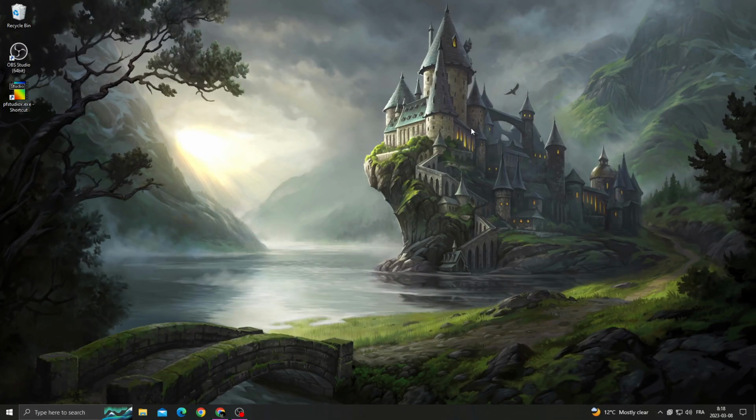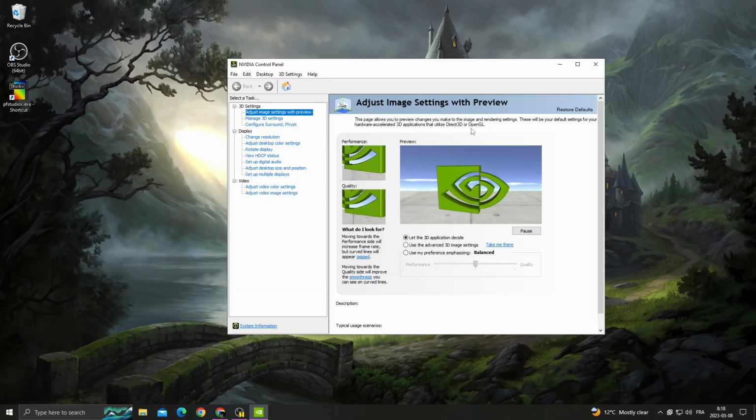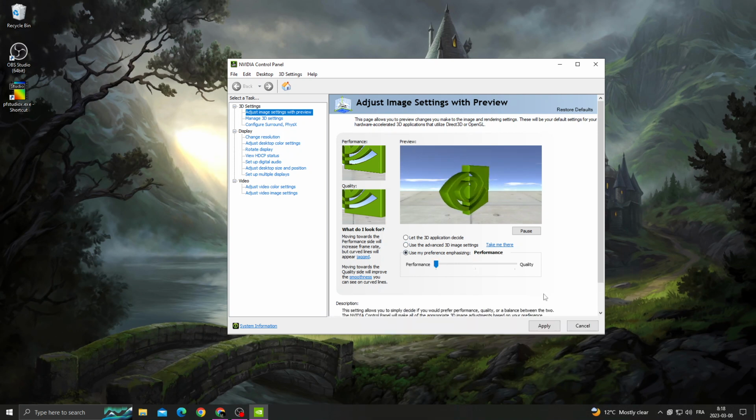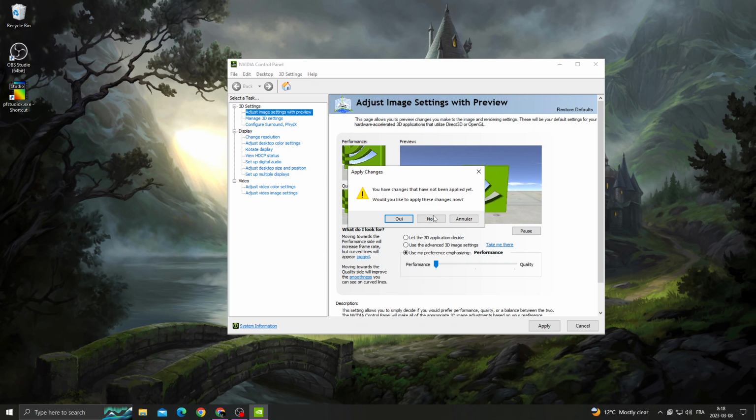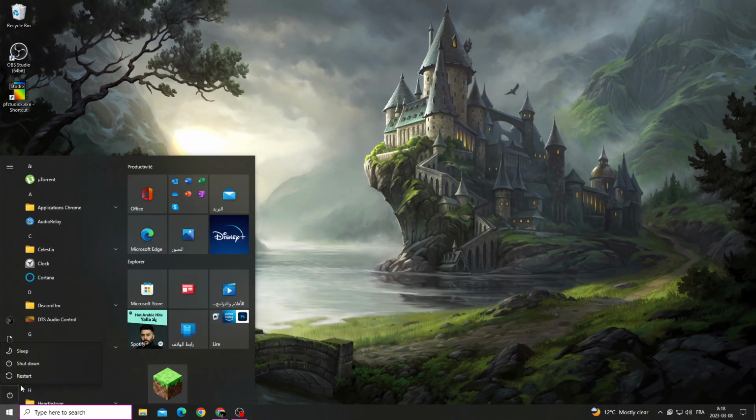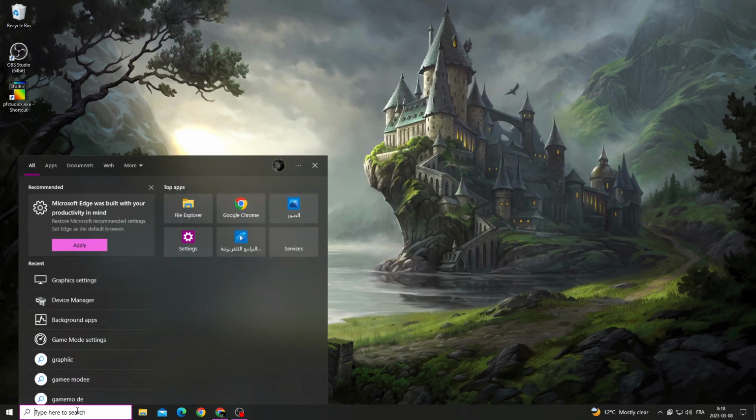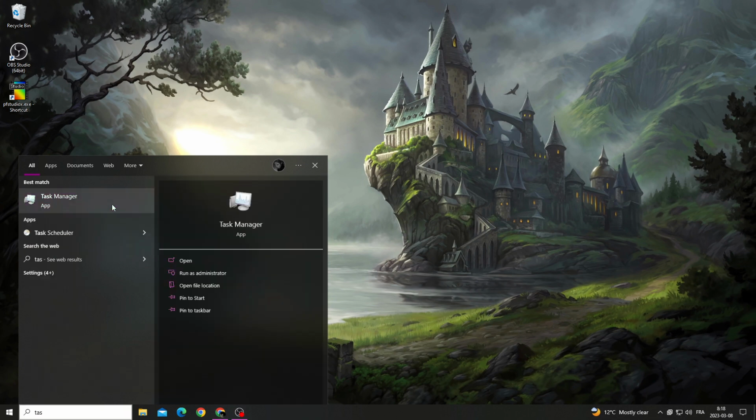click on your desktop, click NVIDIA control panel. Now just wait. And then once you're here, click use my preference, move it to performance, click apply and then close it. And now restart your PC, and after restarting your PC click here and then type task manager, and